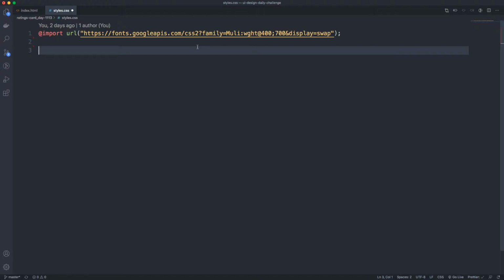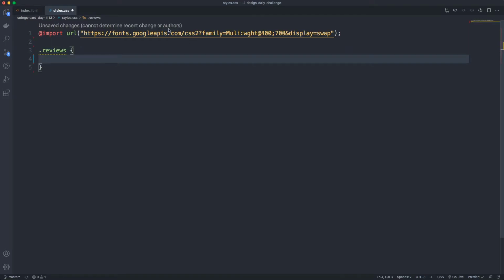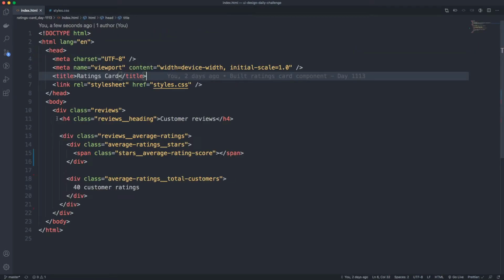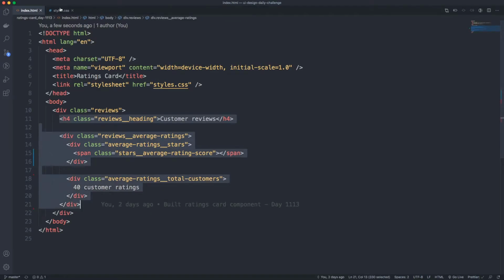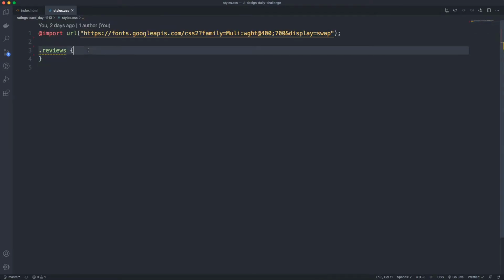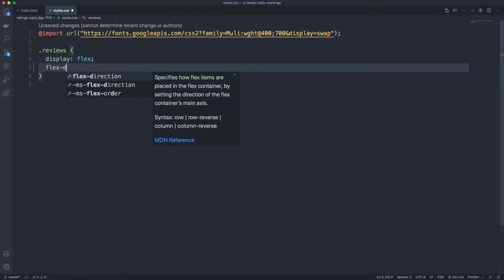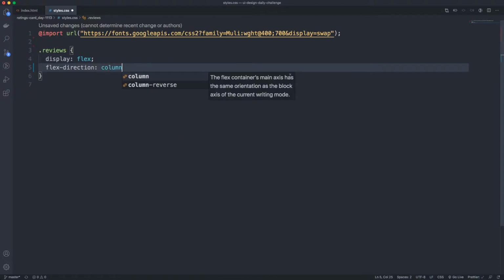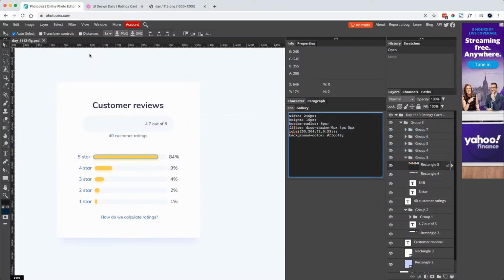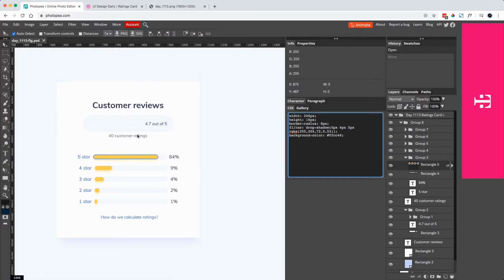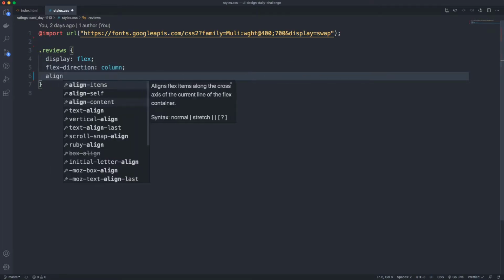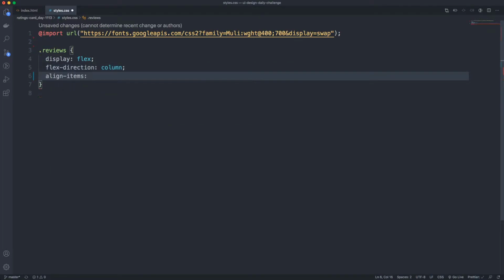Now we created a reviews class. So the reviews class is basically what encompasses everything we have in our card, and this class will have the property of display flex. The flex direction will be column, since everything is laid on top of each other. So we have the heading, stars, everything is on top of each other, so it's going to be flex column. We can also use the align items property to be center, so that we center everything on the screen, and